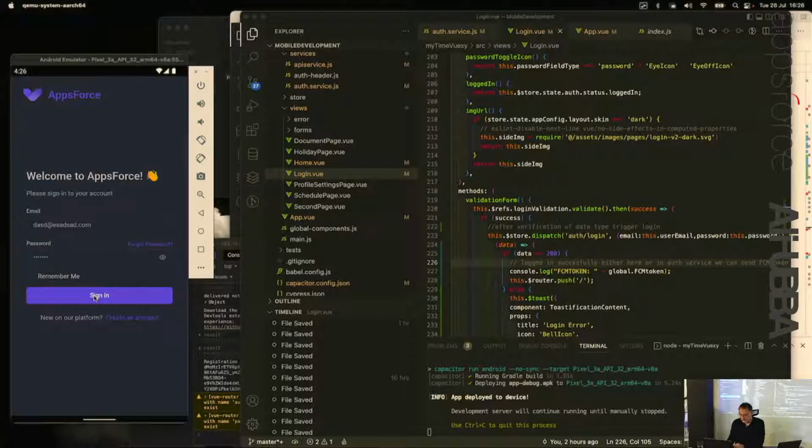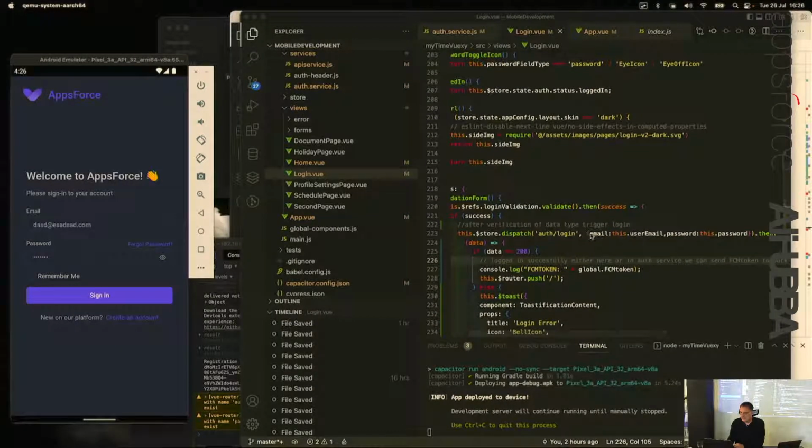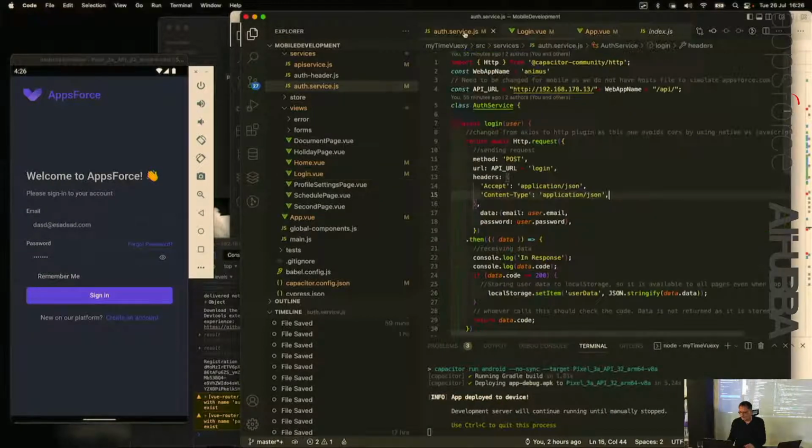So when I click the sign in, it will actually call this thing. After verification of the data, it's going to do the auth login, and I'll show you that in a second. And it will pass whatever I entered in this field, so it will pass the email and the password, and then it will wait to receive some information back. So this calls the function to start the login process. Now, auth login is auth login, so this is the one